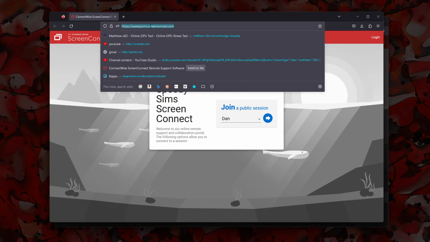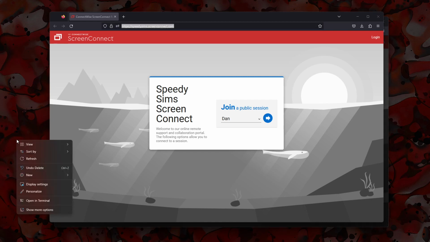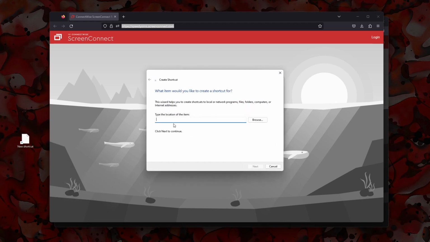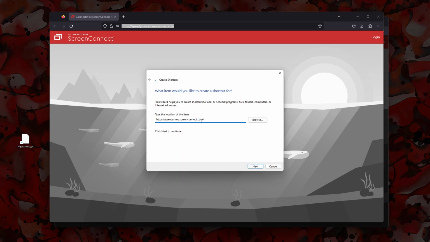If you don't have that shortcut in your start menu, if you don't see SpeedySim support, go ahead and just highlight this web address, speedysims.screenconnect.com. Right click it, say copy, and then anywhere on your desktop, just right click to get the submenu down, hit new shortcut, and when it asks you for the location of the shortcut, paste that, so right click, paste, or just type in speedysims.screenconnect.com. Give it a name, SpeedySims remote support,